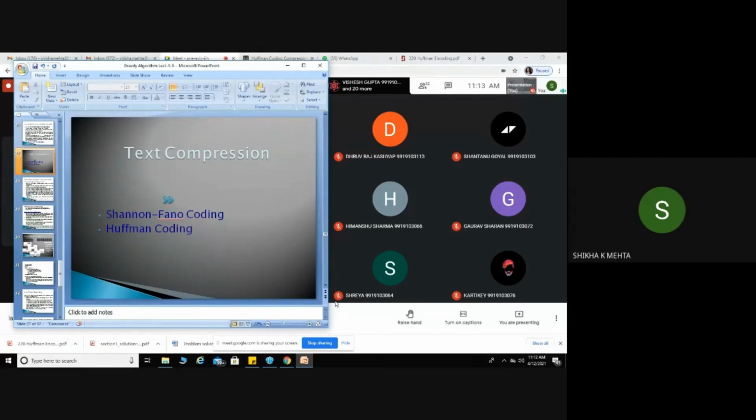When we are storing some text, we know there are certain characters which are used repeatedly, whose frequency is very high as compared to the other characters.